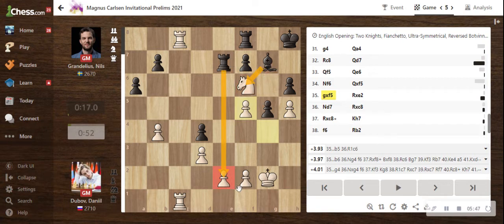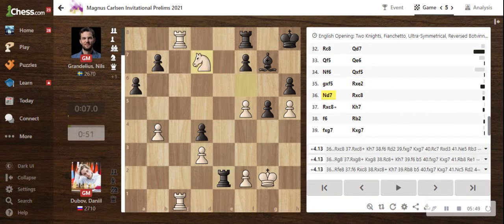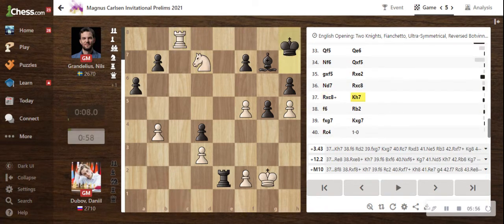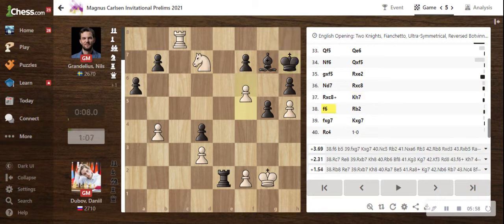Instead, he plays rook to e2. Now knight to d7 was played, forcing the trade of rooks. Rook captures on c8. Rook captures on c8 with check. King to h7, and now we have f6. Now kicking away the bishop, and after